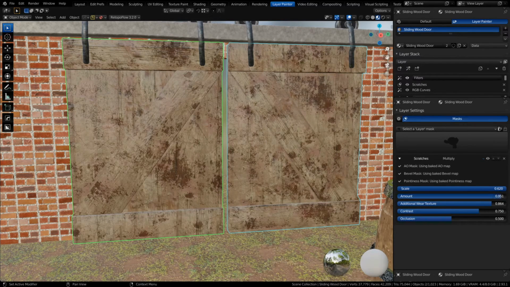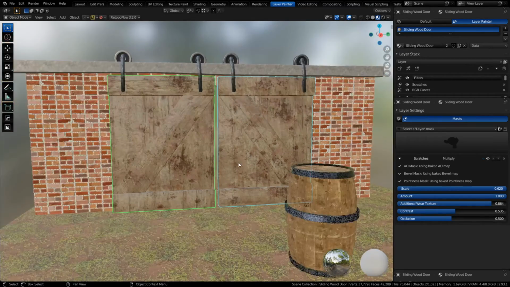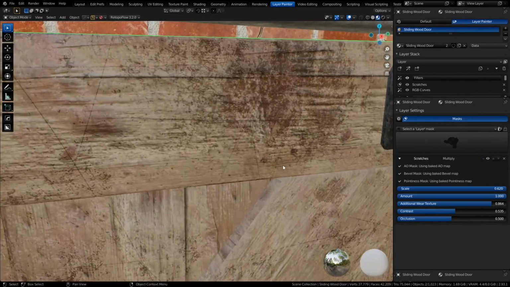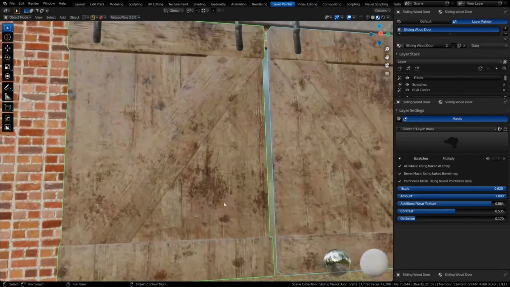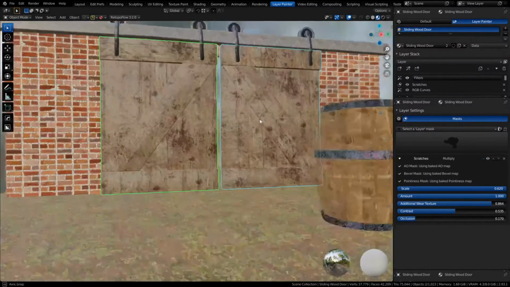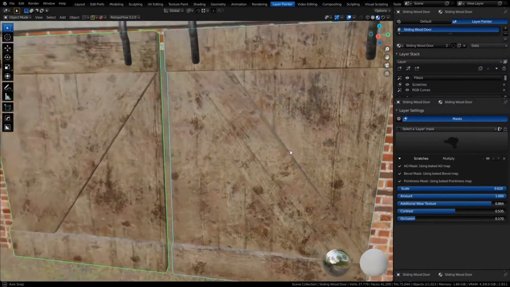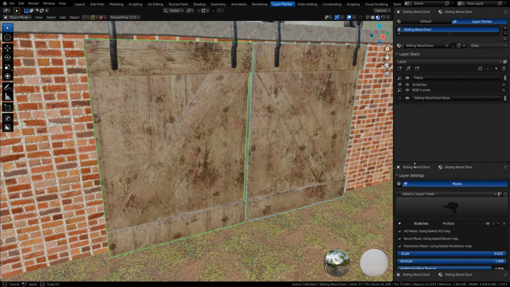Out back. Let's keep the amount up and change the contrast. The occlusion up just a little bit. Yeah, I like that. We can add in maybe